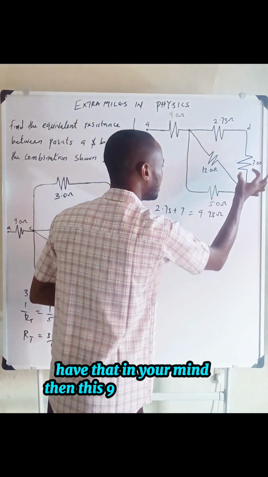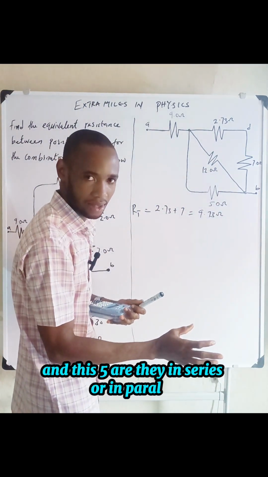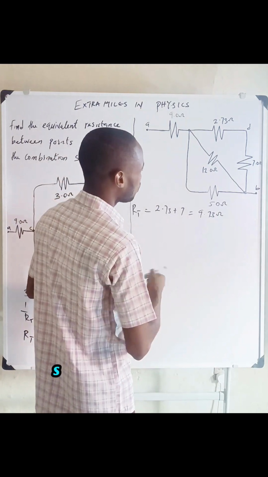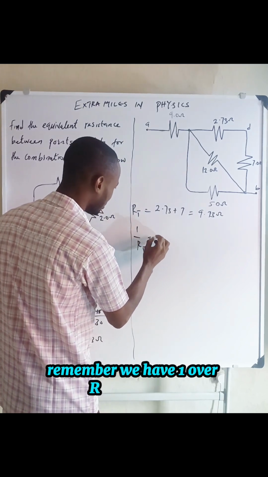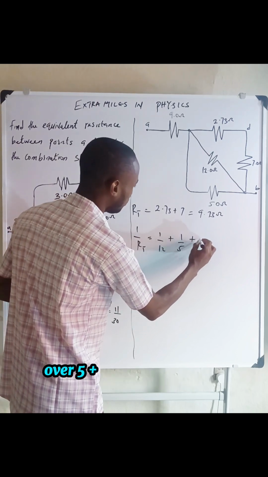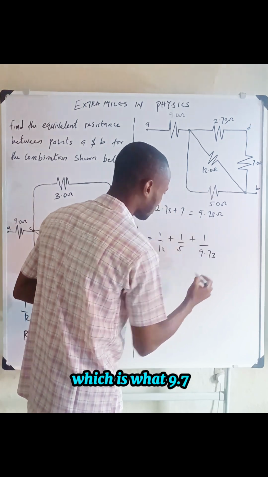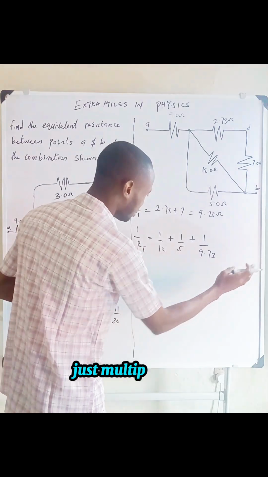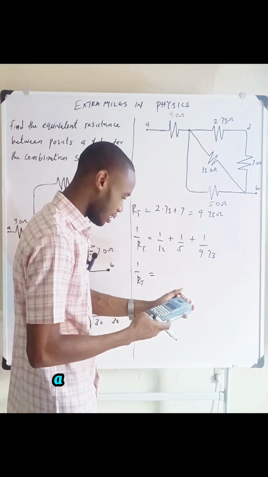Then this 9 and this 12 here and this 5, are they in series or in parallel? The answer is simple. They will be in parallel. So resolving for this, remember, we have 1 over RT to be 1 over 12 plus 1 over 5 plus 1 over the number here, which is 9.73. Then how do we get the LCM? In order to save time, just multiply your denominators as your LCM. So we have 1 over RT to be, and that is giving us